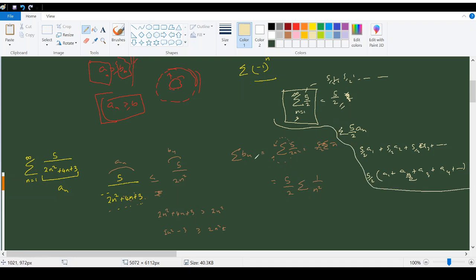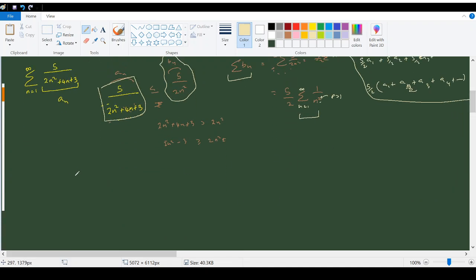Now anyway, we can write the series bn as this one, and you can see we have already discussed the convergence of this type of series, called the p test, and here p is greater than 1, so this series will converge. That means the larger series will converge, therefore the smaller series will definitely converge. So as the answer you should write from the comparison test